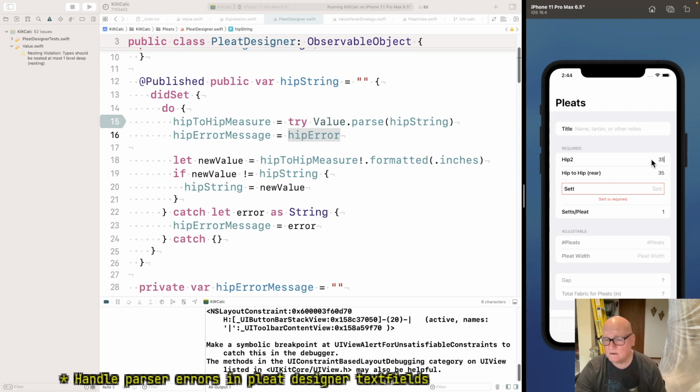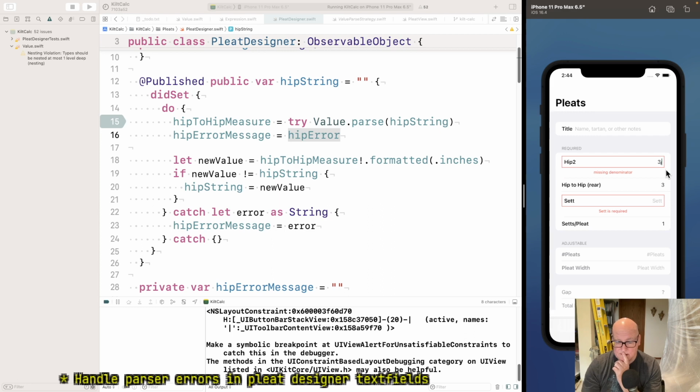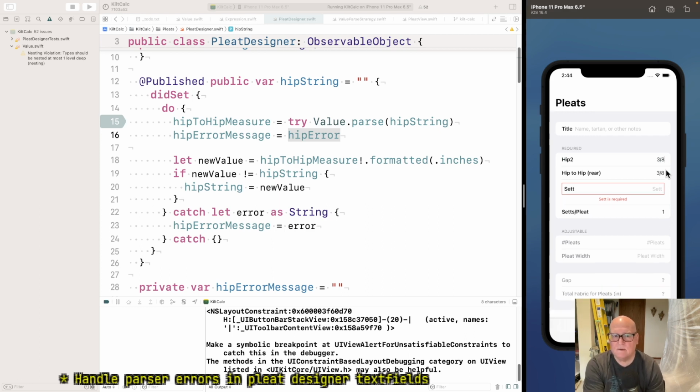Whoa. 3 point by itself is not legal. /8. What? If it's empty. Yeah, maybe it just shouldn't do anything if it's empty.